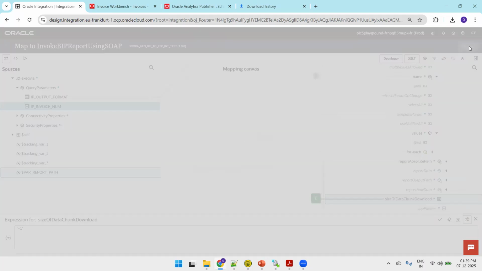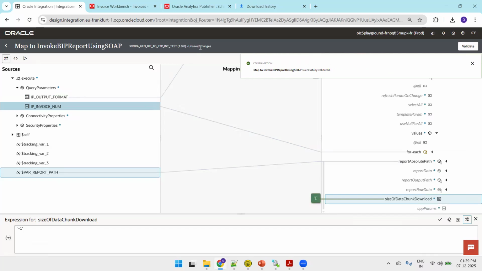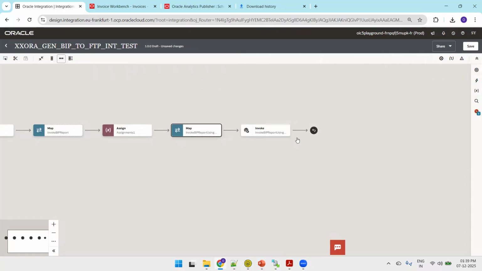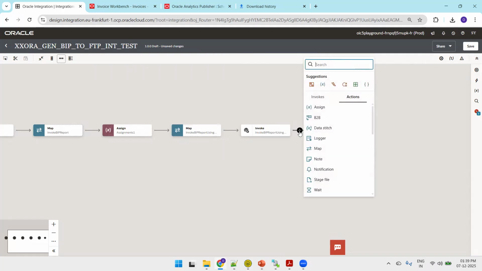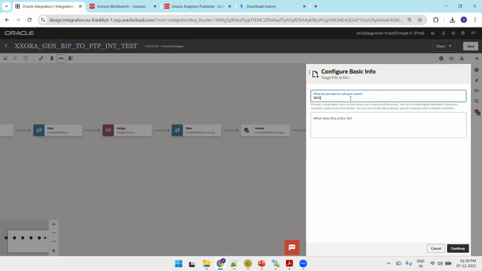Okay. So till this configuration, we should be able to successfully invoke our BIP report. And then, assuming you got the response from the BIP SOAP web service, what we want to do is write that file output to the stage file write activity in opaque format. So I'll just write file using stage,